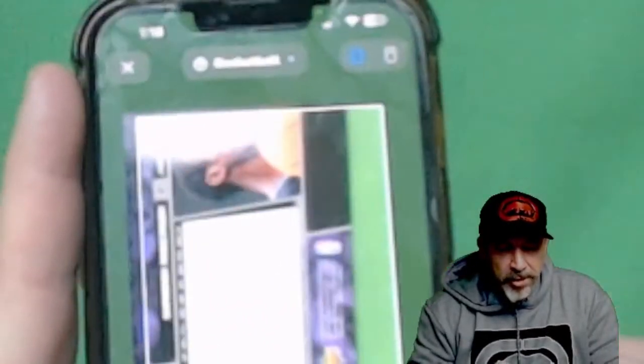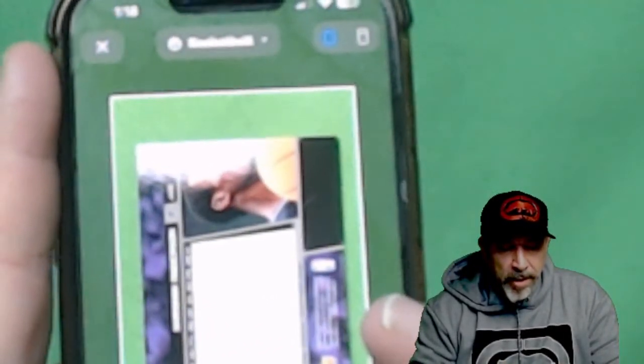Hold on. I want you guys to be able to see this. Do I have to go down? I have to go up. Okay, so what you do is you just, whoa. It's kind of hard to do when I'm trying to get it for both. Let's see if it works out. Take a picture of the front and back of the card, and then it'll tell you if it's worth something,